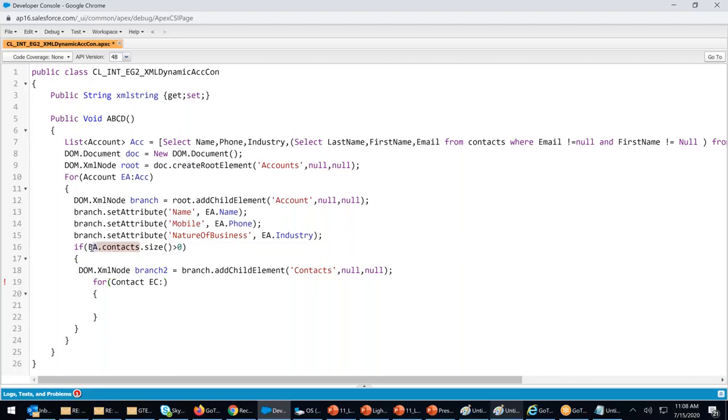From the EA dot contacts, EA is what? EA is ACC. In the ACC, you have 2 splits because there's a bracket. EA dot contacts. For each from EA dot contacts, each one will be called as EC. Now I will add what? I will add to this branch 2 one more sub branch. Add